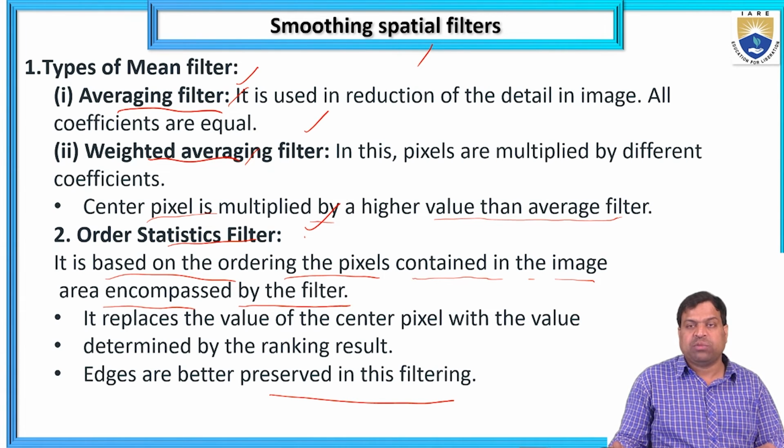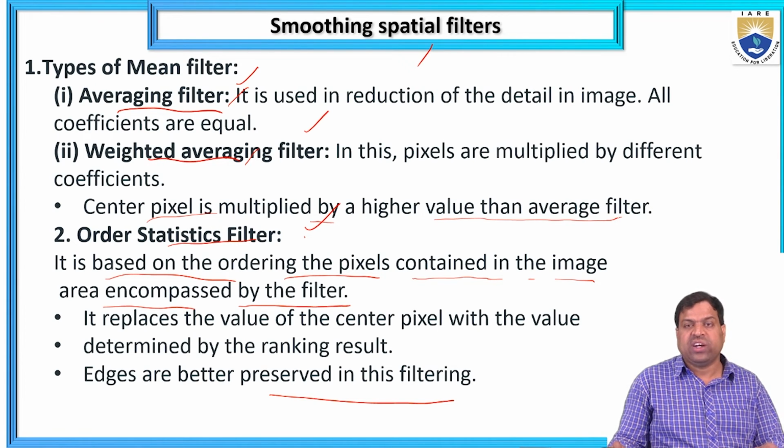So what does average filter mean? It is used for reduction of the details in an image. All coefficients are equal. In the weighted average filter, the pixels are multiplied by different coefficients, and the center pixel is multiplied by a higher value than the others. So these are the types of mean filter. Another one is the